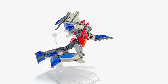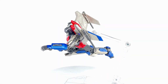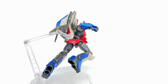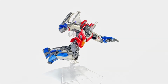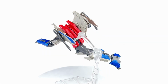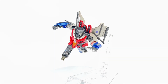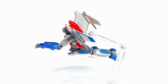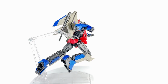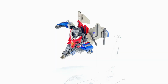And so some final thoughts on this Blokees Classic Class Starscream. Man, I really enjoyed this figure. It's just a shame that the figure just feels a little bit underwhelming because of the lack of accessories and that useless facsimile of Megatron's alt mode or D16's alt mode. So I really blame the designers for not giving him much because he didn't have much in the movie, but I just wish they could have discussed things with Hasbro, maybe taken some liberties, maybe given him some extra added accessories that weren't necessarily in the film, instead of giving us such a useless accessory with that out-of-scale Megatron or